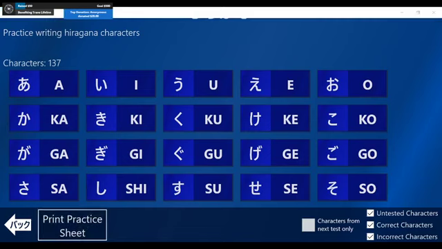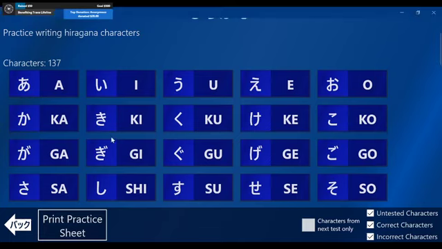print out all of this. You can print out grid sheets with the characters here, with the stroke order, and it shows you right here. And you can print this out and practice right from here, and it has it for all of it, not just for this page. So if you want to even try just learning a little bit, I would recommend Gogo